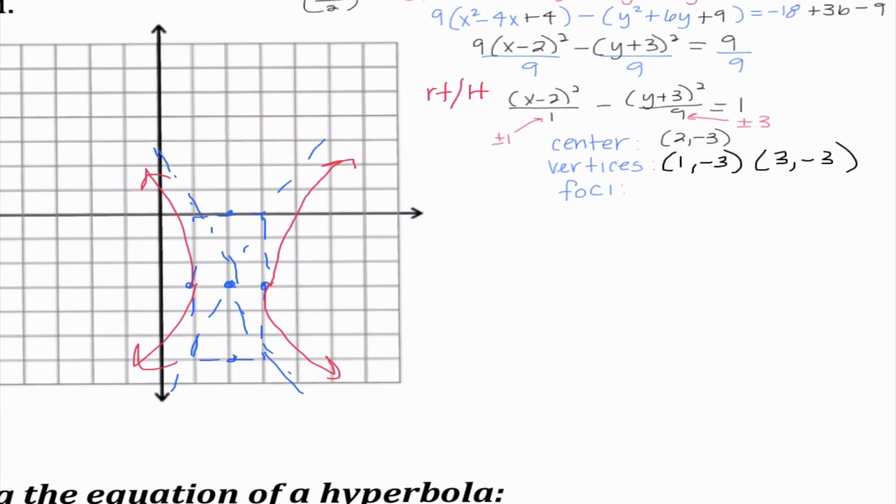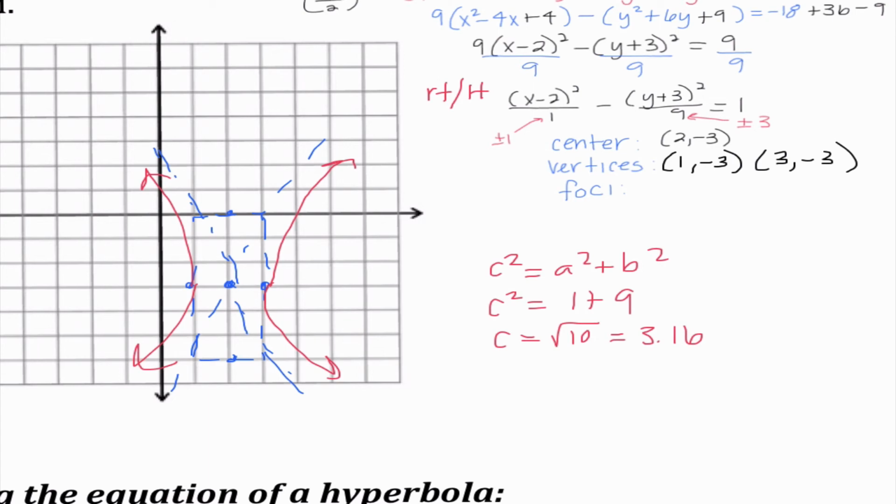Once again, I always think it's easier to do when we're looking at the graph. I think graphing makes things way easier. Okay, final thing, we need to find the foci. So I'm doing c squared equals a squared plus b squared. So c squared equals 1 plus 9. So c is the square root of 10, which ends up being